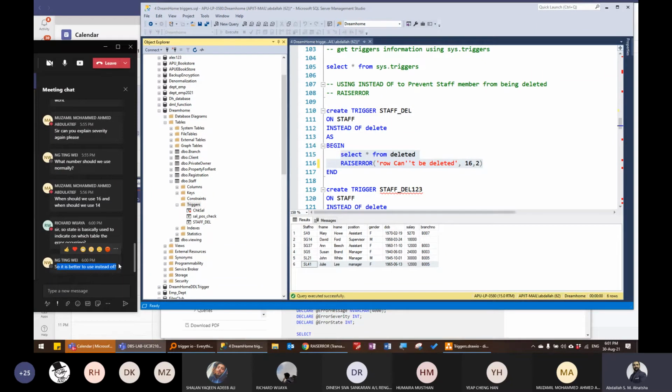Because sometimes I need the action to happen, then I want to evaluate that. Sometimes I will say from the beginning, don't, because instead of means don't do the action. Don't do insert, don't do update, and so on. One of the limitations for the instead of trigger, I will show it right now, which is, let's assume I